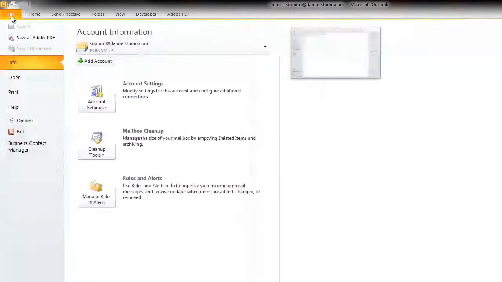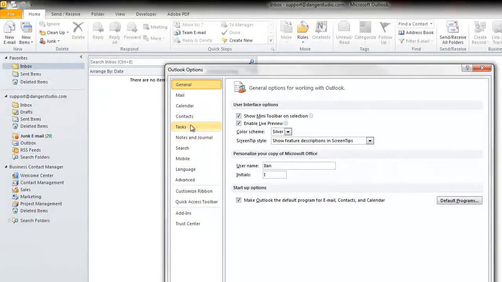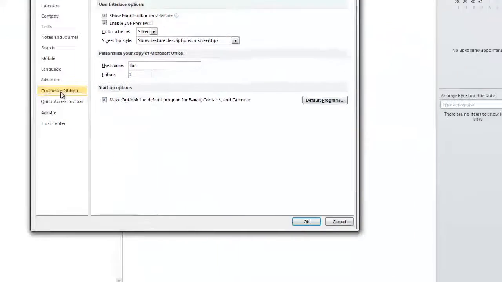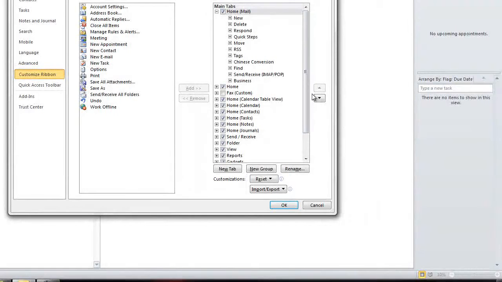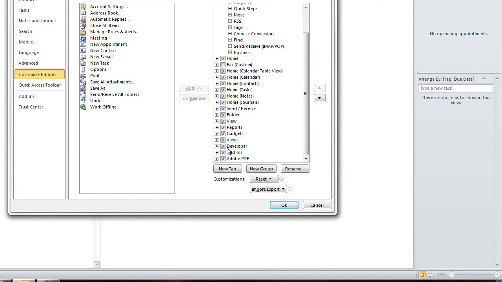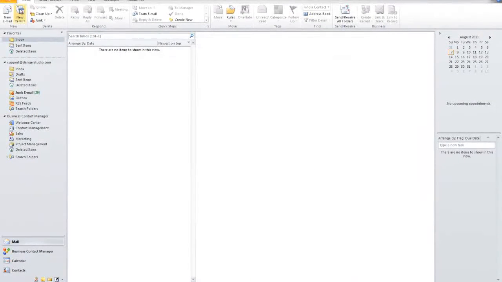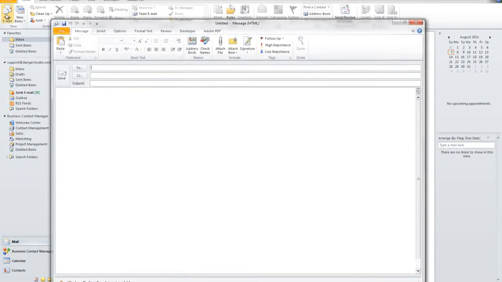Well, first let's head on to our File tab, and I'm using Outlook 2010, and I'm going to click on Options, and in Options I'm going to head over to Customize Ribbon, and you'll see here that there is a tab as a checkbox here that it usually comes unchecked. It's called Developer. Okay, so let's check that box. Now I already had it checked, but I'm just letting you know, when you enable the Developer tab and you click OK, when you go to create a new email, you're going to see you will now have a Developer